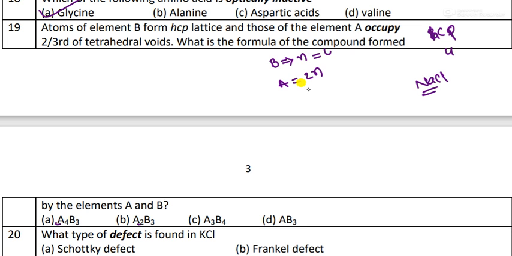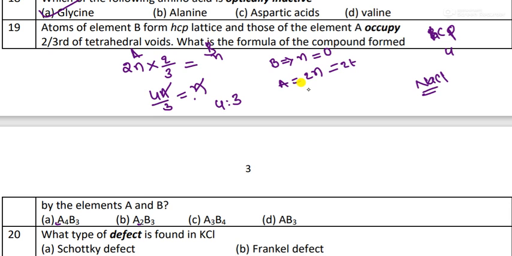So what is the formula? For this compound, I am going to find the formula. You can see they have mentioned A first. It means, as I know very well, I remember the formula like NaCl, always metal will come first. So I'm just taking this one. Generally, suppose I consider the number of octahedral voids equal to the number of atoms, n. The number of tetrahedral voids becomes 2n. The relation is: number of octahedral voids equals 2 into number of tetrahedral voids.